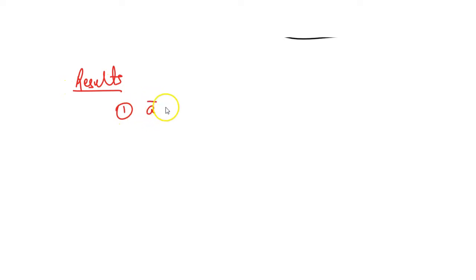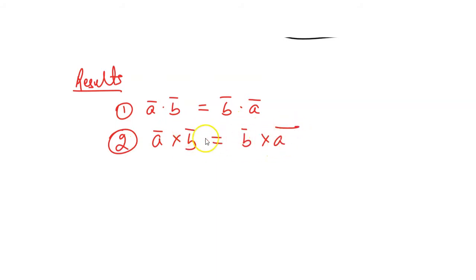So first, if I say A dot B, we can say that this is equal to B dot A because anyways they are going to give scalar result. But it is not right to say A cross B is equal to B cross A because they are related to the direction. For example, if this is B, this is A, then A cross B will be a vector coming out of the screen, but B cross A will be a vector going into the screen. So we can say A cross B is negative of B cross A, right? So yes, that was all about the dot and the cross product.